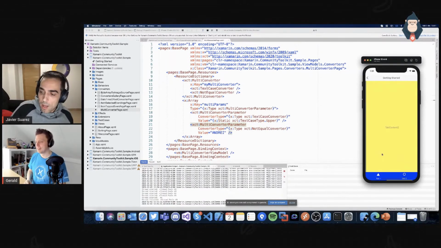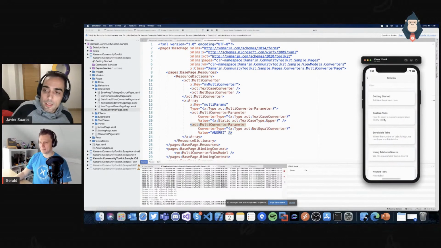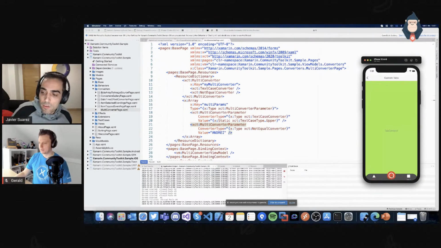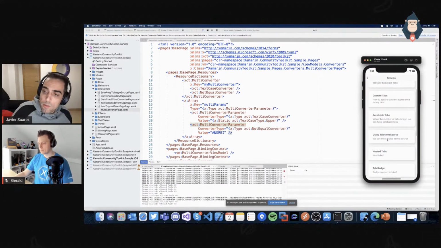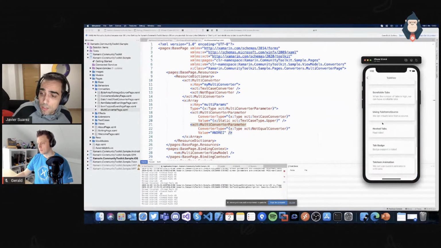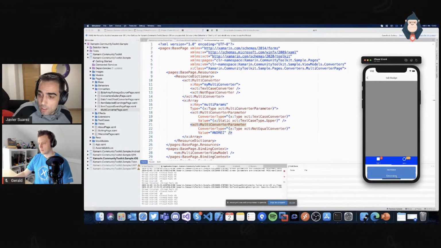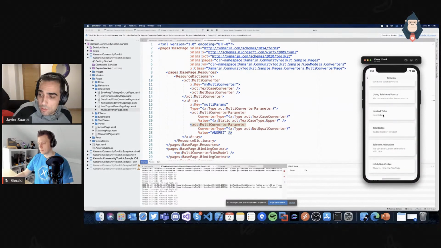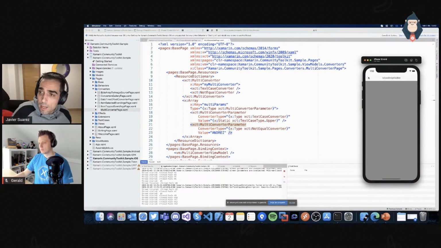This is the most complex one. So yeah, what we try to create here is to allow you to customize everything. So there are different options to create and customize everything related with the tabs. You can navigate between the tabs with swipes, with just clicking. You can customize every tab. You can have different templates for different tabs, and of course, you can use a tab item source to bind a collection. For example, you can use the tab bucket again with beautiful animations,